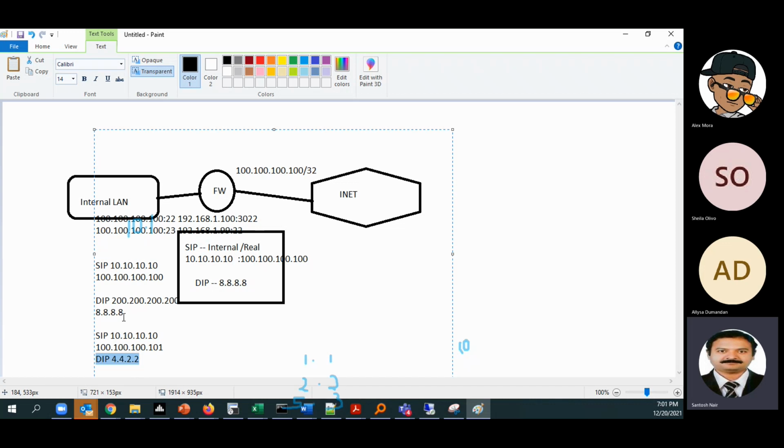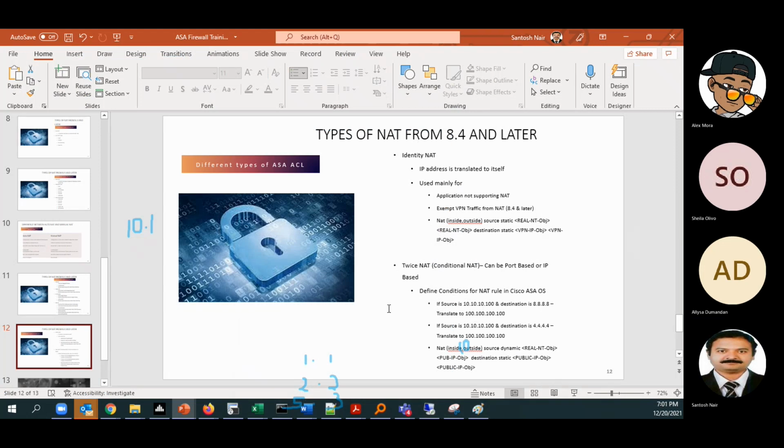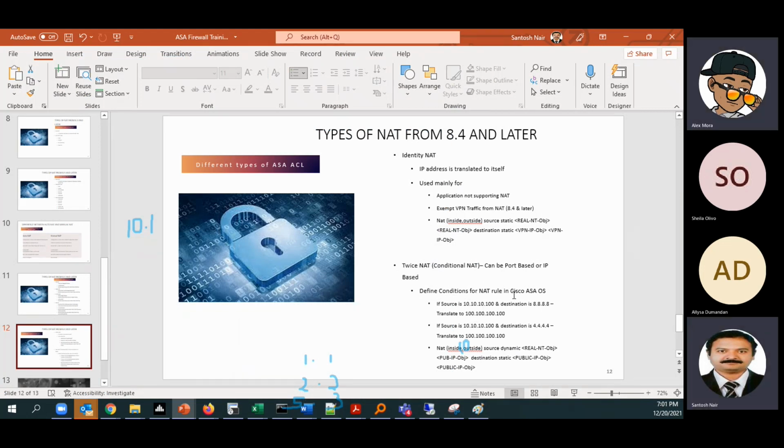This is mainly used, as we mentioned, for preventing problems when we have an overlapping subnet, where the same subnet is used by us and the client. There is also a best practice nowadays that we should not advertise our internal network to the client network. So in all our site to site VPNs, we use a public IP range to NAT it. Is this part clear? Twice NAT is clear. Yes, it is a condition.